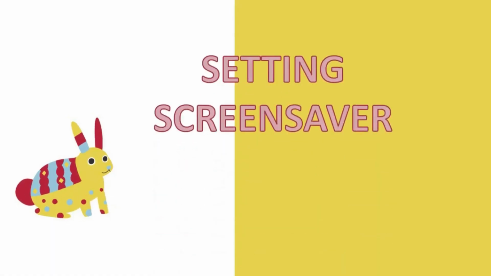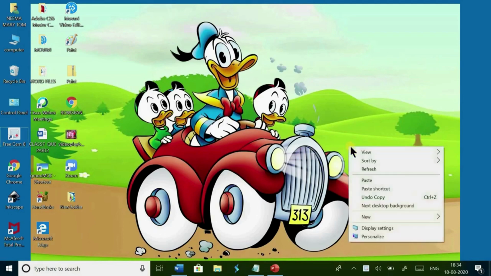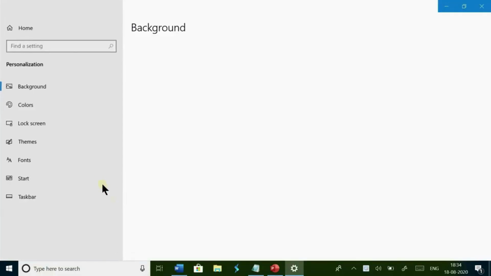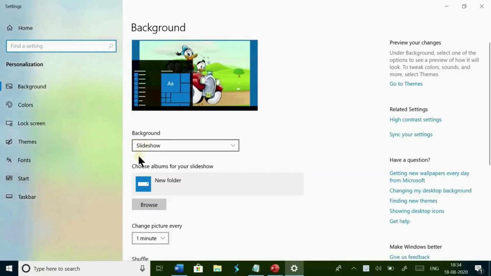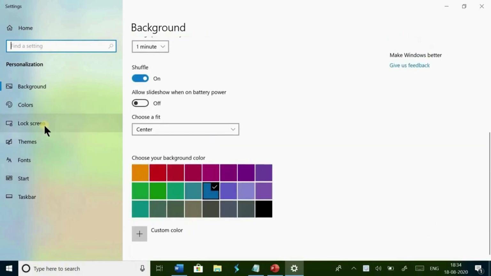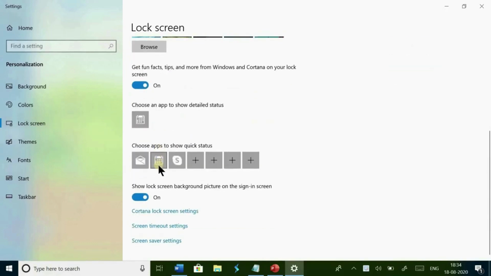Setting screensaver in Windows 10. We can set a screensaver also. For that, right click anywhere in the blank area, click on the Personalize option, then select the lock screen option, then select screen saver settings from here.